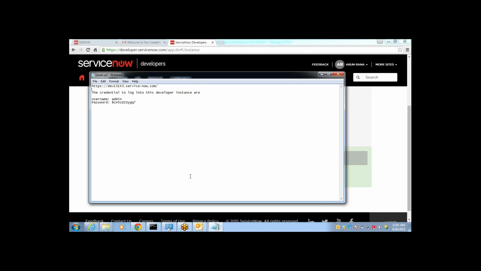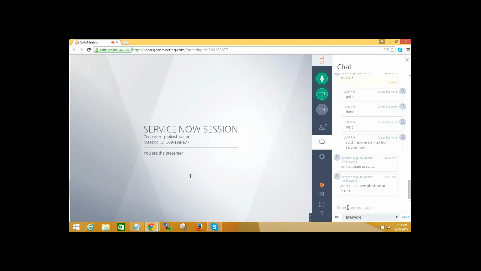There you have an option to share your screen. Yeah, Venkat, we are able to see your screen.